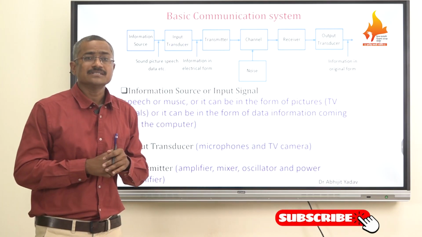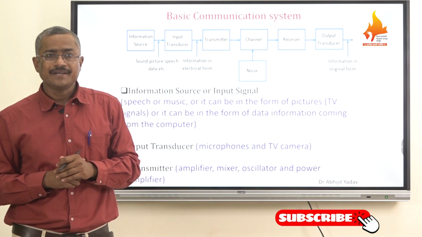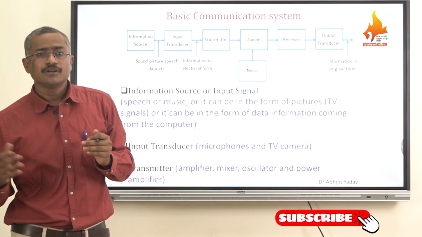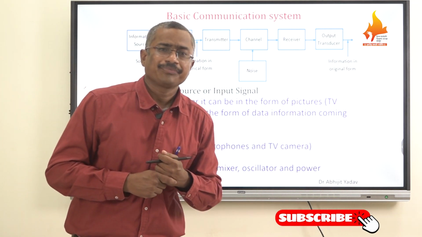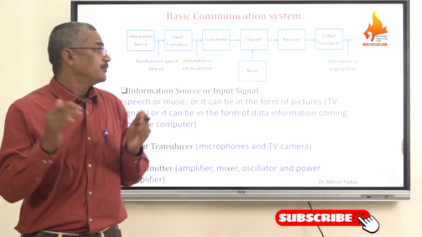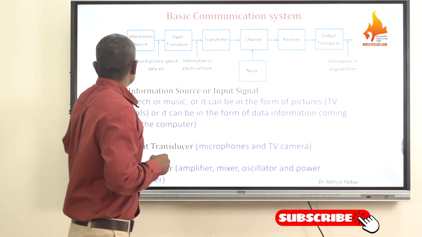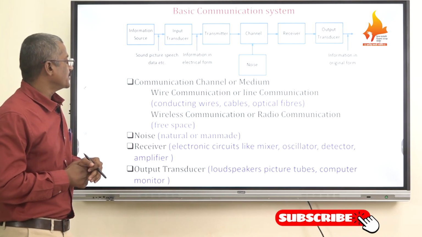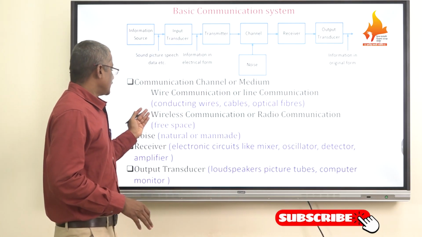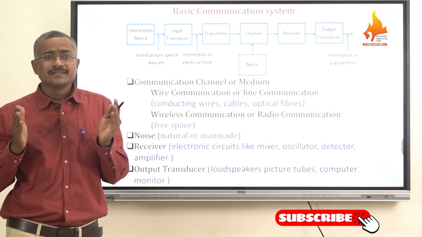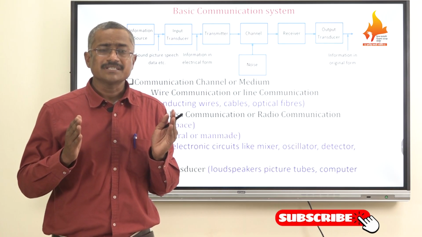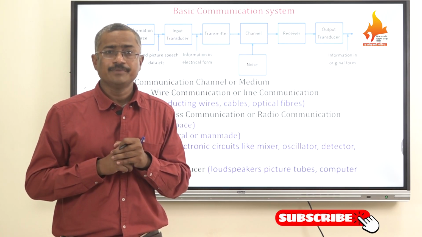The first is called wire communication or line communication, and the second one is called wireless communication or radio communication. Now, what is a line communication? As we have two types of systems, what is a wire communication or line communication? The line communication or wire communication uses communication mediums like simple wires, cables or